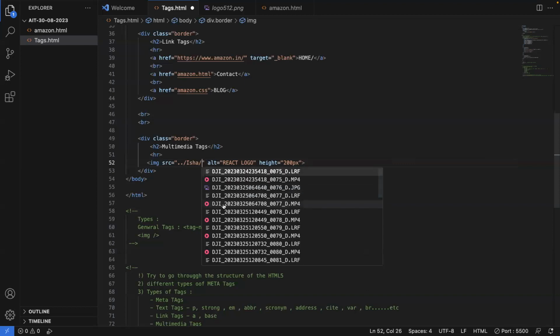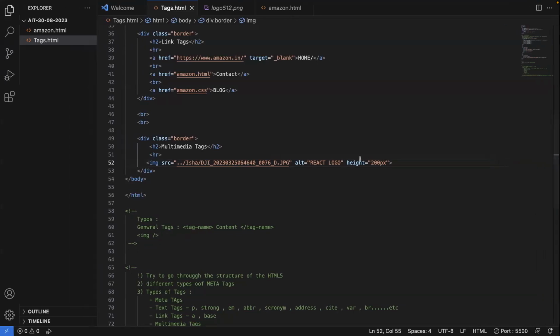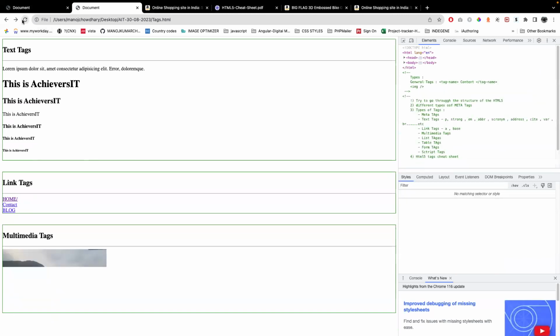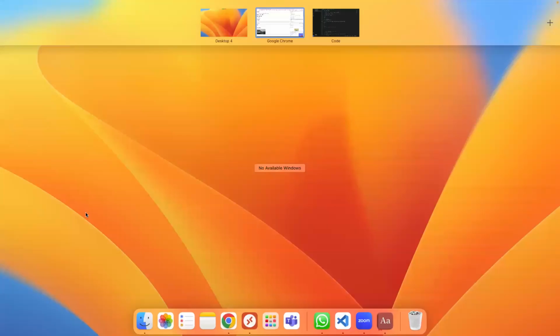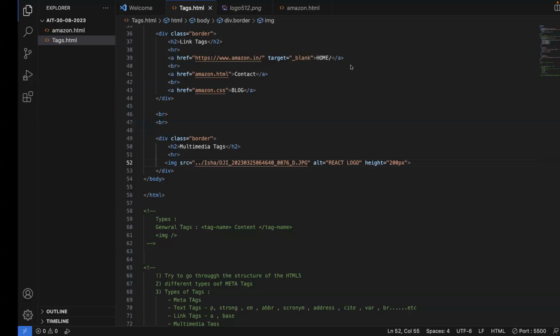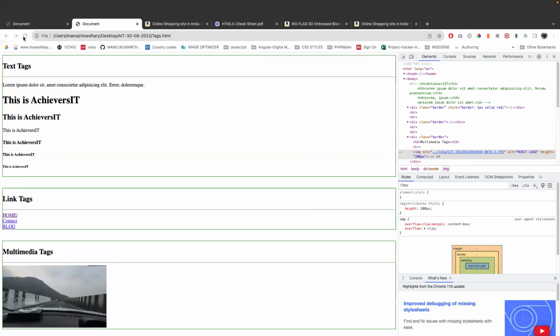Okay, I'll access one normal image. Let me access a personal image, but no issues. I'll just try to explain here. So now if you see here, let me remove this width and height, I don't want anything. Okay, so let me remove it. And if I reload,